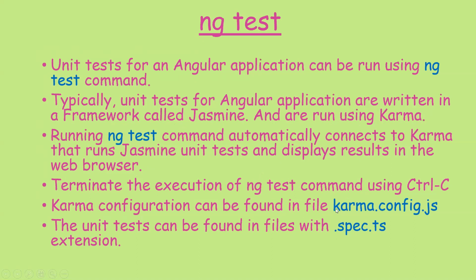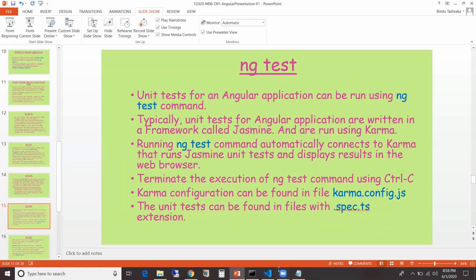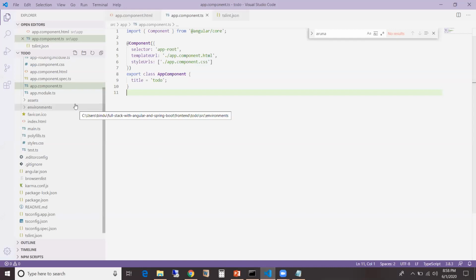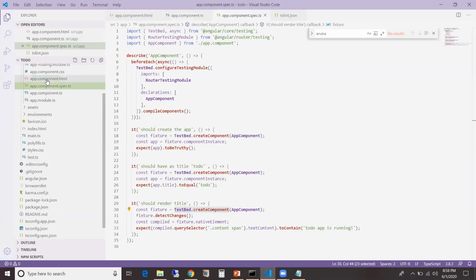The Karma configuration is mentioned in karma.config.js, and the unit tests are in here. So let's first look at the unit tests. The unit tests are in the .spec.ts file. Looking at this, I could see that there are 3 unit tests.